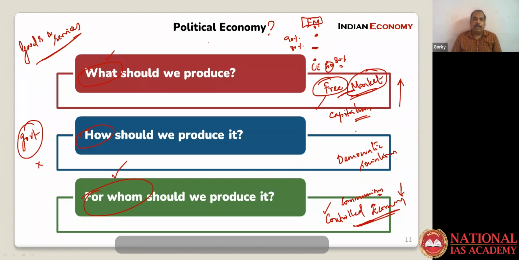Understood? Fine. So now the political economy depends upon the culture, the history, the geography, the political aspect of a particular country. It depends upon them. Which is right, which is wrong, that is different. That is up to the debates of how the people perceive it. But the idea is whether